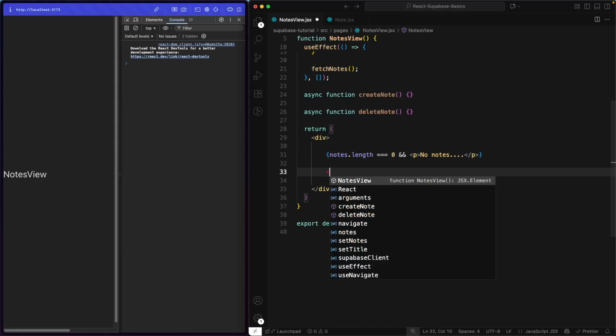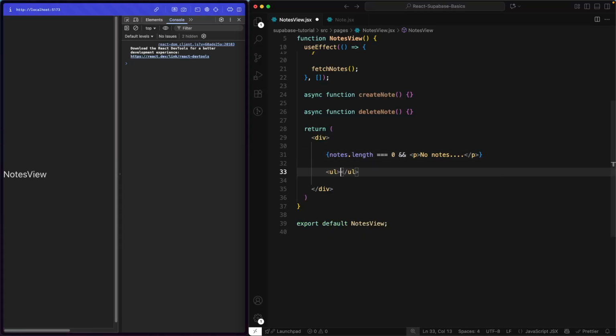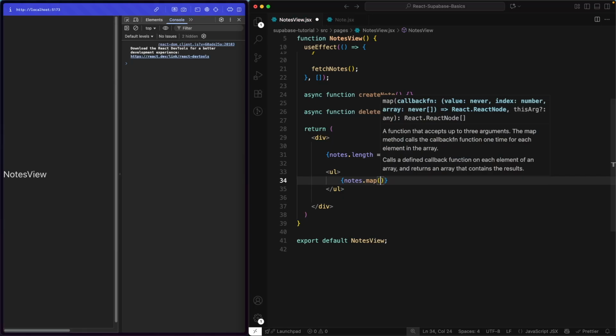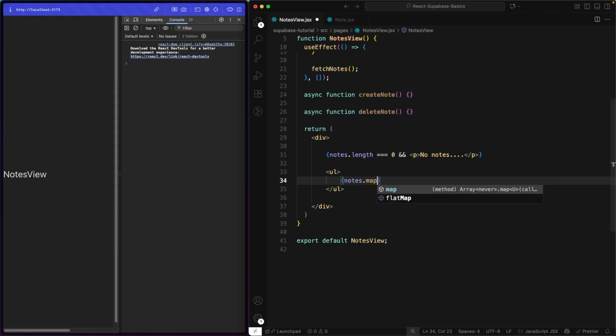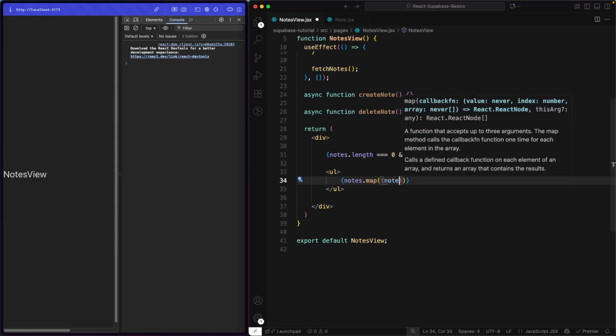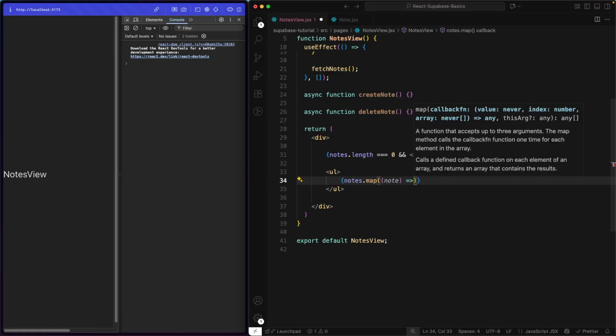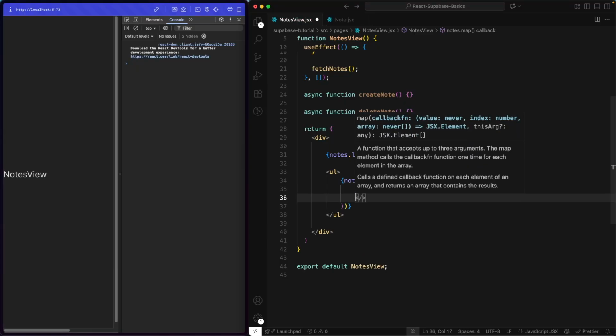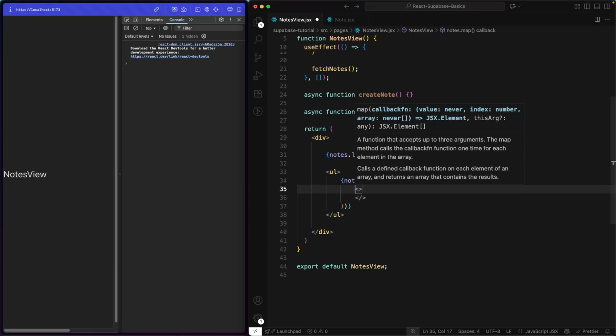And let's make an unordered list, and we can map notes. So we'll do notes.map, and in here do this, and then we will make, there we go,